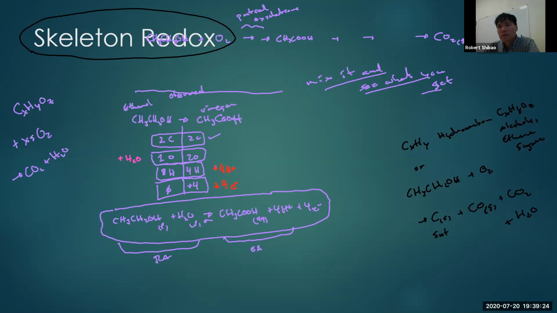And so in terms of factual observations, we just try varying the conditions, you know, change the conditions and see what products are formed. So we might try to increase the level of oxygen, not all the way to liquid, but higher and higher concentrations or lower and lower concentrations, which brings me to skeleton redox.